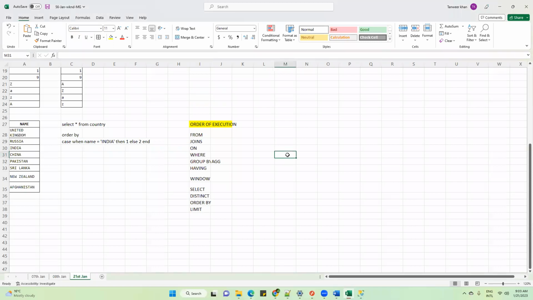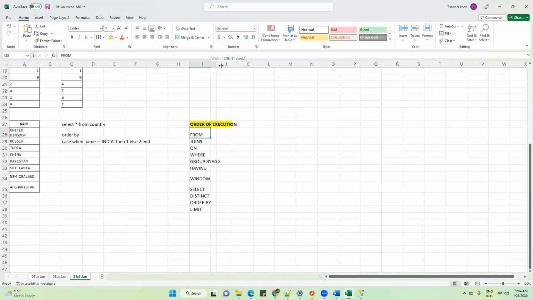Net, the story is you are thinking that you are writing a query starting with the select clause. After that, you have written from and you have written order by. So you are thinking the engine will read your query in this format, but that doesn't happen. Your SQL engine reads the query in this format. We'll start with the from clause, then joins. What these joins are and all those things we'll discuss down the line. Don't worry about that. So start with from, then joins, then on, then where, and all those things.